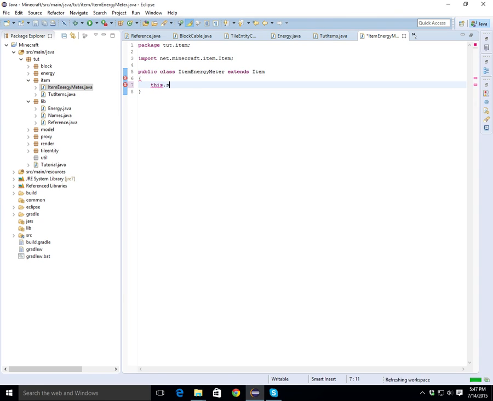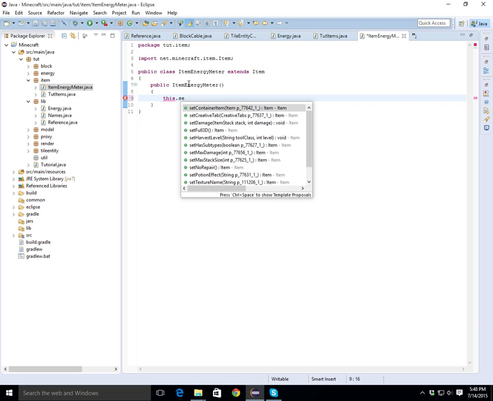This dot set, oh, that's why. Public ItemEnergyMeter, and this dot set